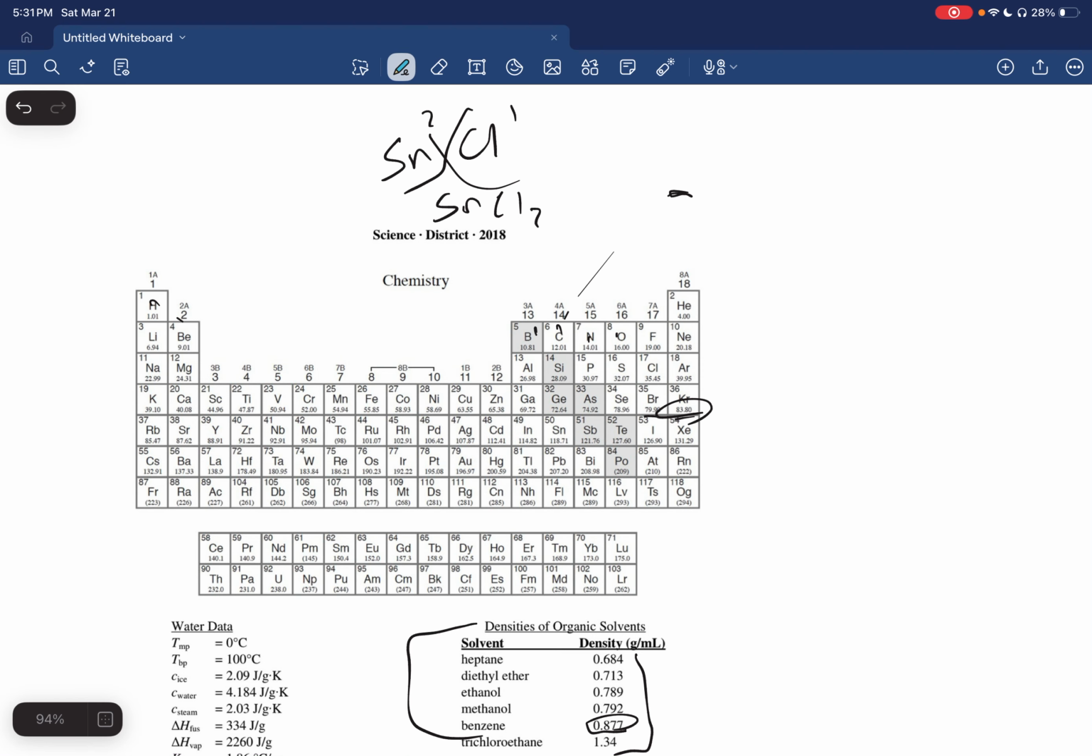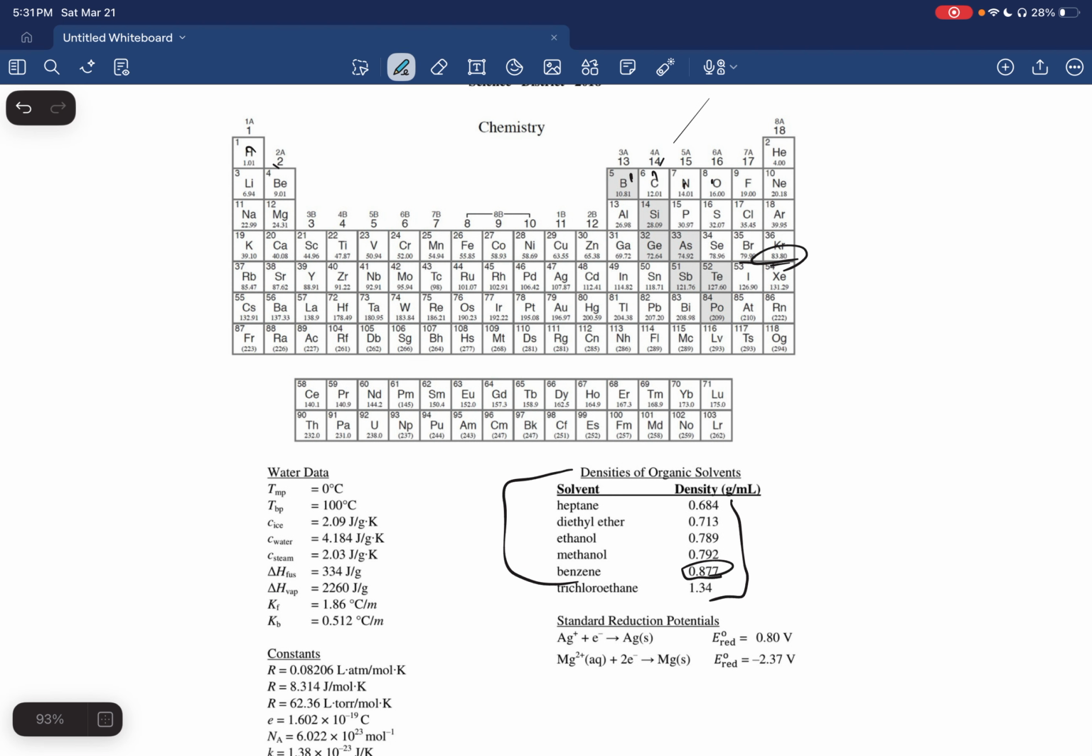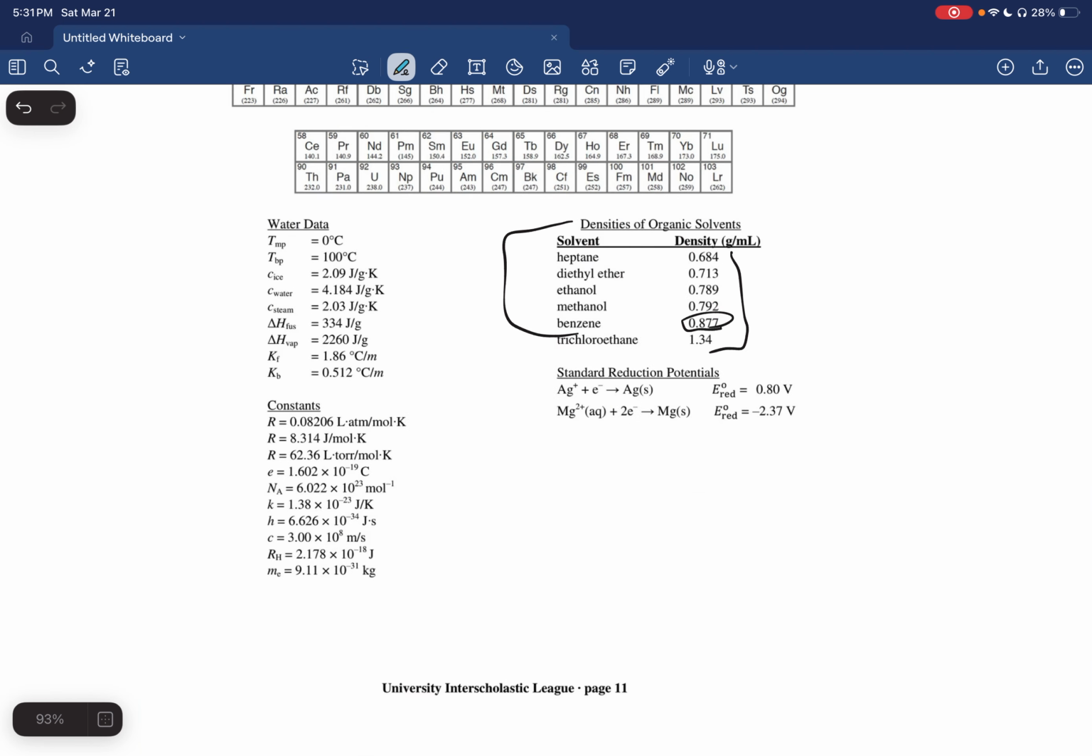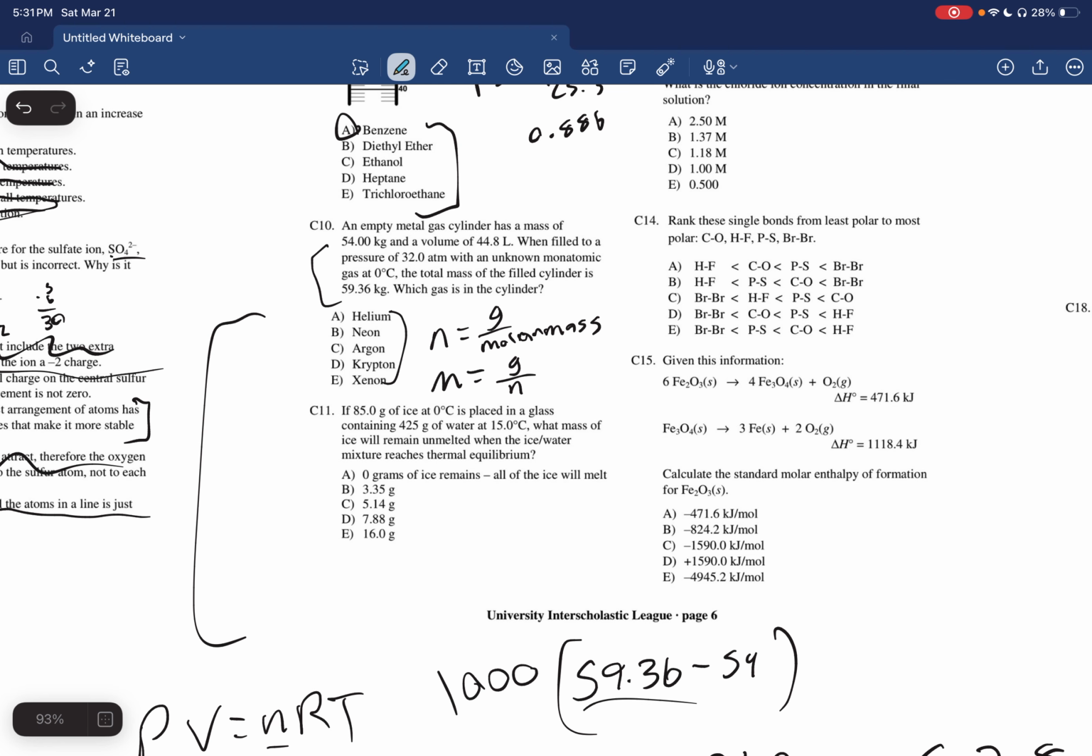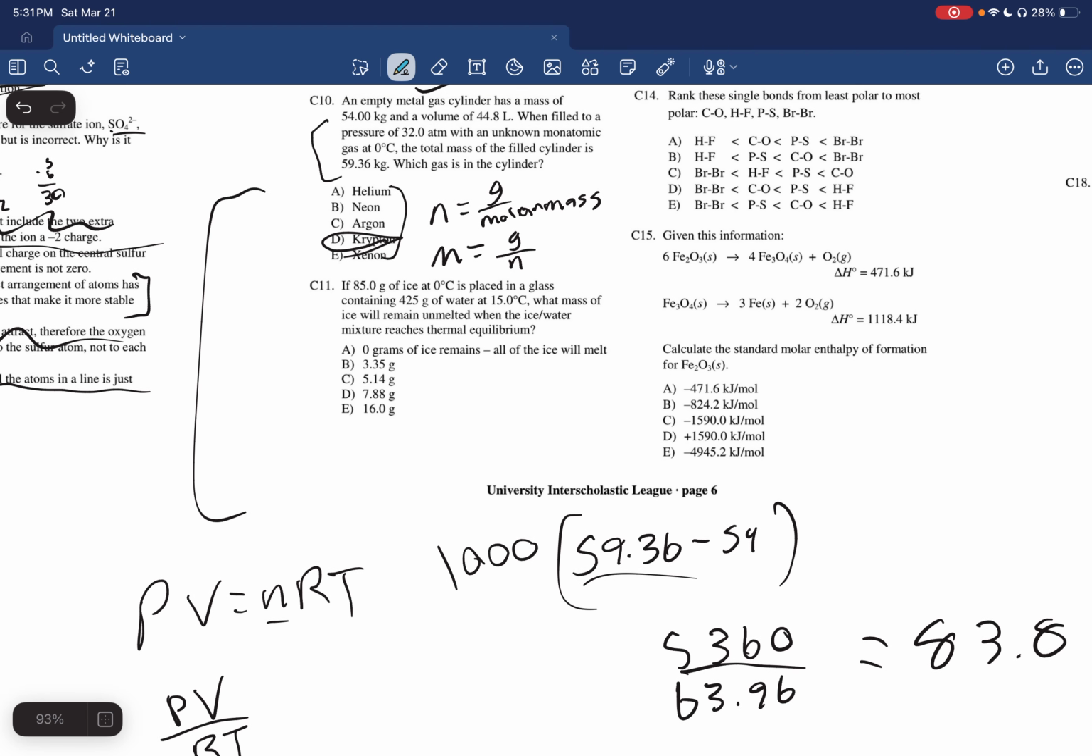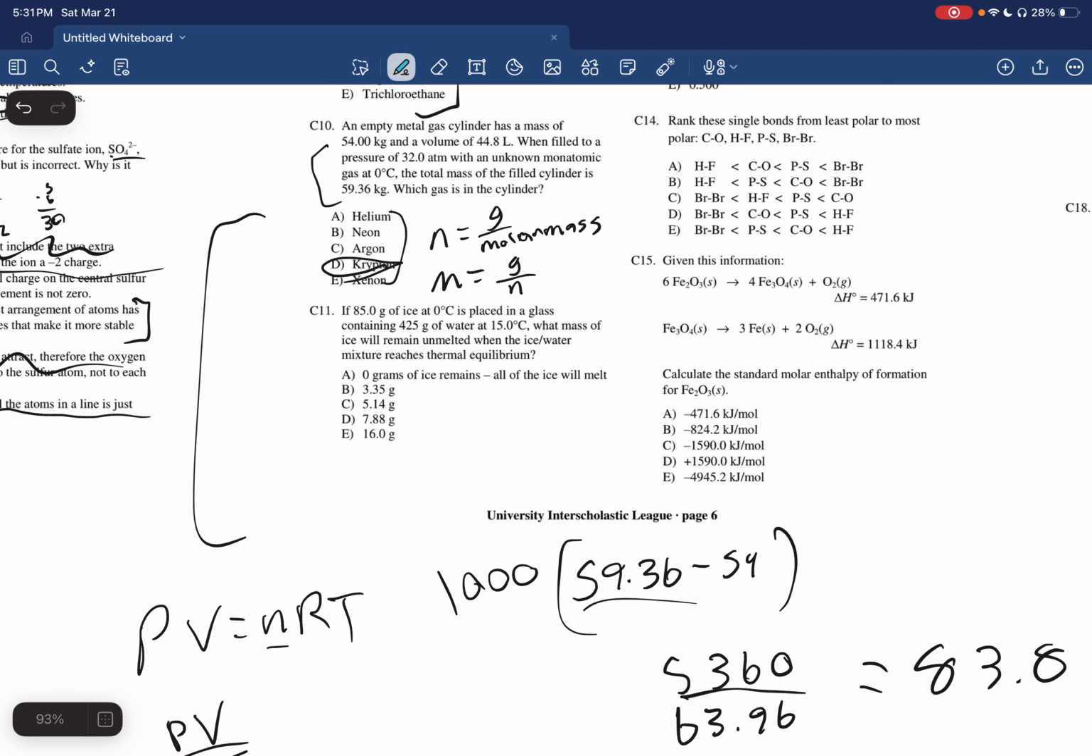83.8, exactly krypton. So it is good that I used the 0.15 because it gave us our exact answer of krypton. And it's answer choice D. Looks like I circled both. There you go. So the next question says,